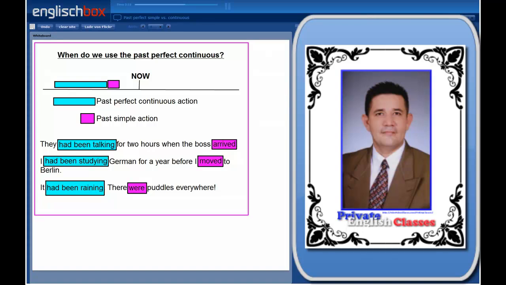We often use the past perfect continuous in preference to the past perfect simple to talk about the duration of the action and to show that the action happened just up to the point in the past simple time or action. So just before this past simple action occurred, we were doing something else. Okay,